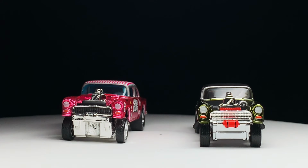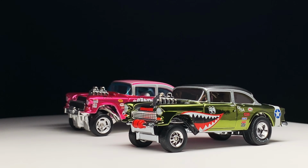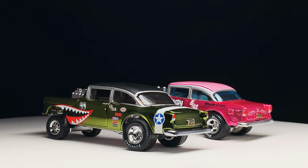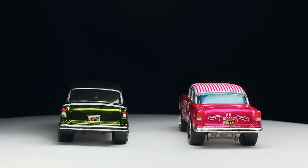So what is your favorite? I don't know. It's hard to tell. I'm just glad I have both. I would say I would put the Flying Aces above just in terms of aesthetics. But how can you beat the Candy Striper for just what it is? The only other thing we could do is compare them on the track, and I'm not going to do...